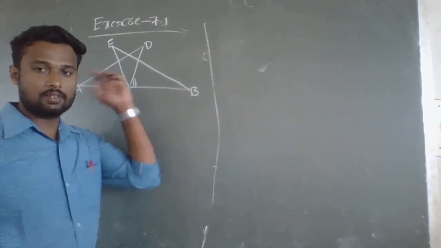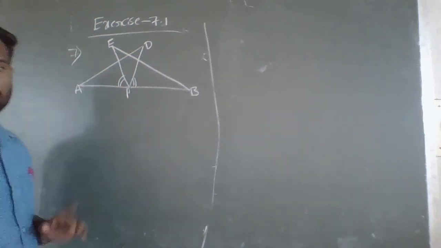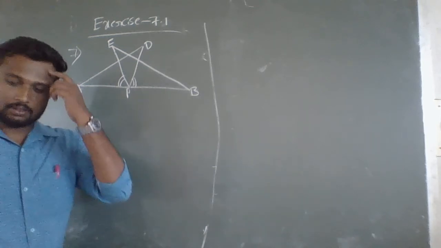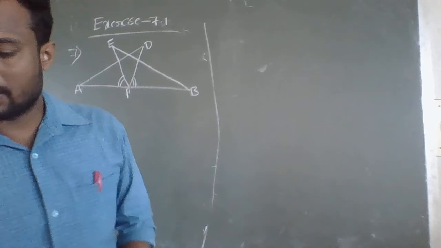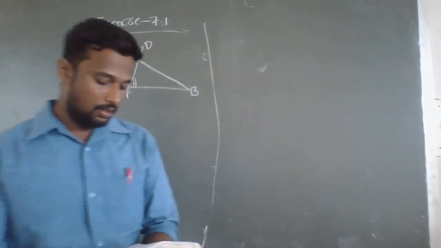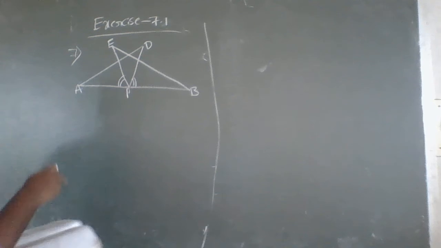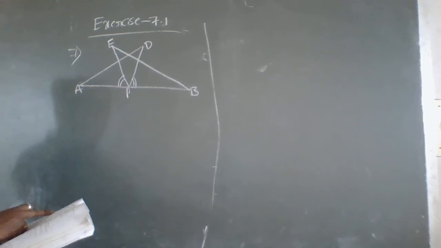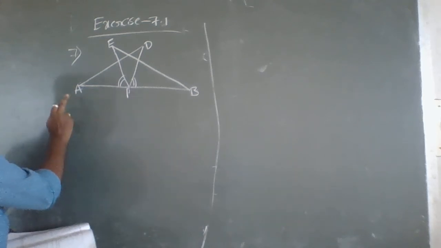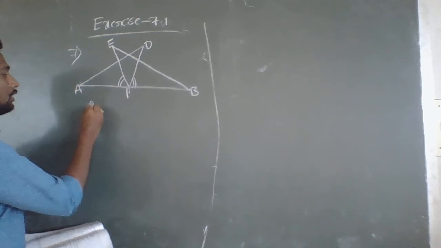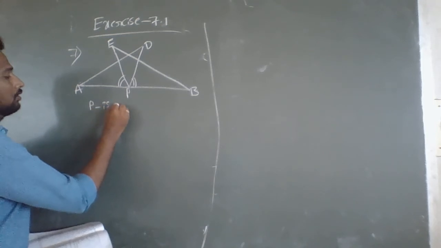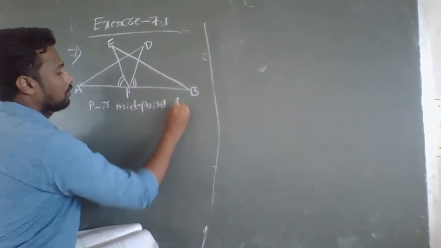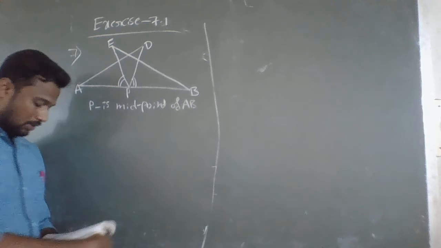So today I will continue with the 7th problem of exercise 7.1, and this is the diagram they have given for the 7th problem in exercise 7.1. And here what they are asking, AB is a line segment and P is its midpoint. This P is the midpoint of line AB. So here I will write P is the midpoint of AB, and